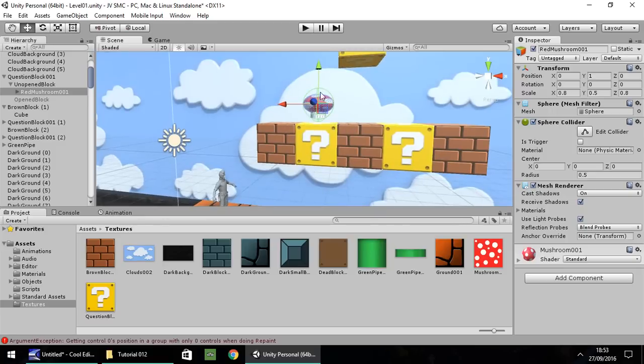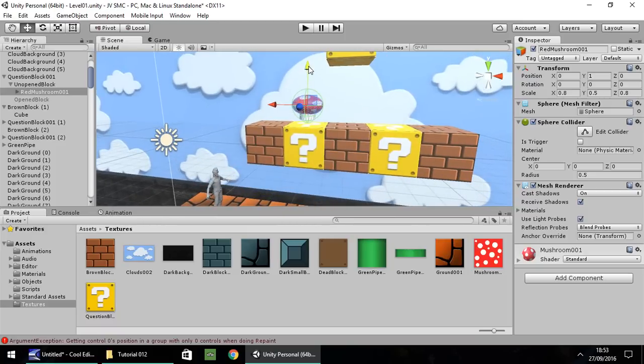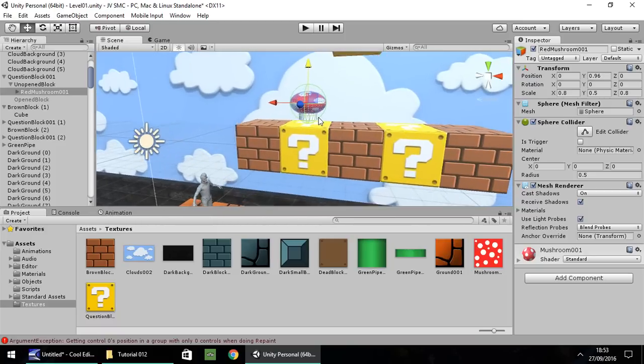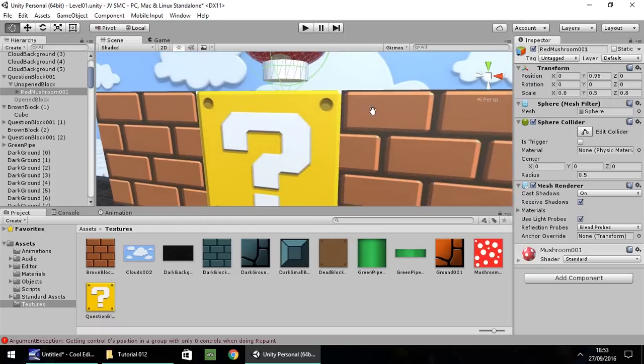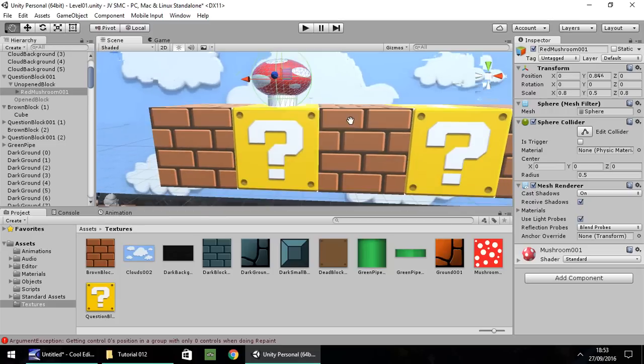So best thing to do now is place your mushroom exactly where you want it to appear on top of the box. So if I zoom in and put it just there. So that's fine.